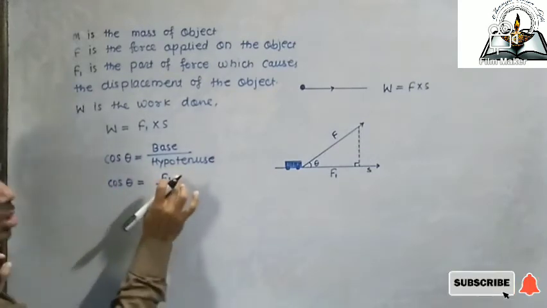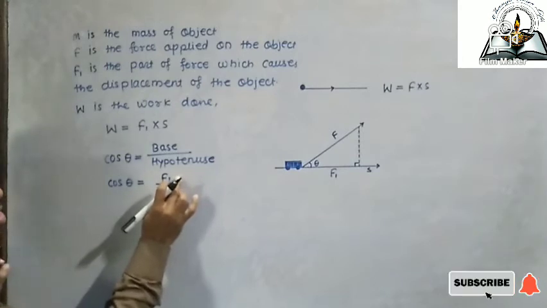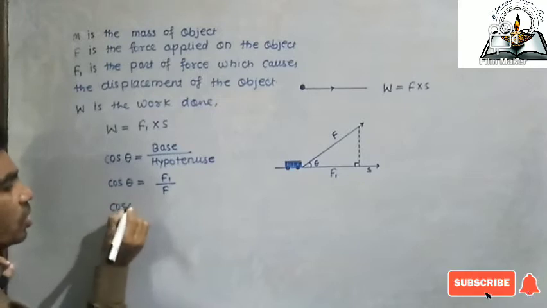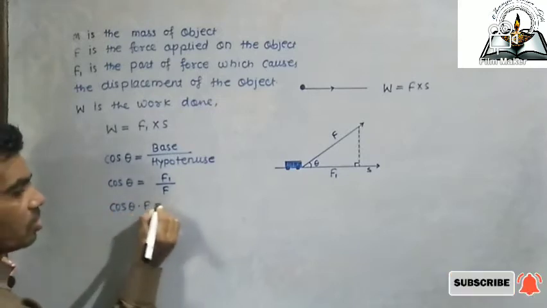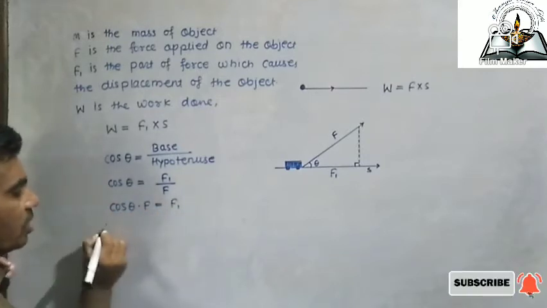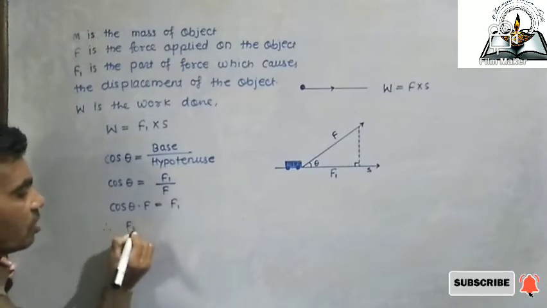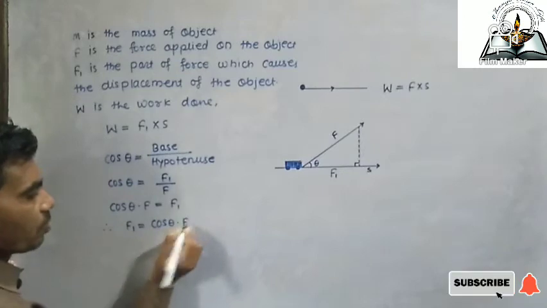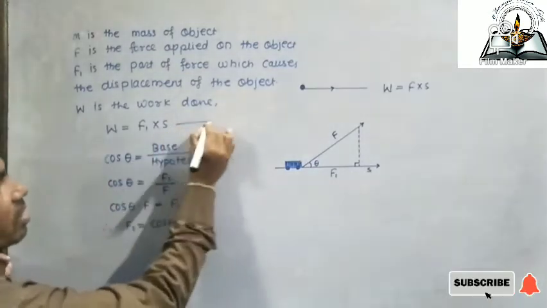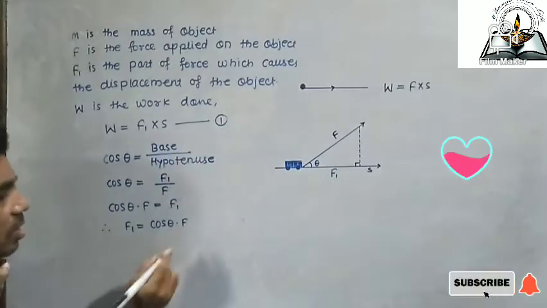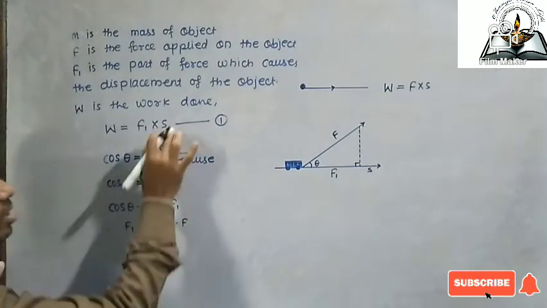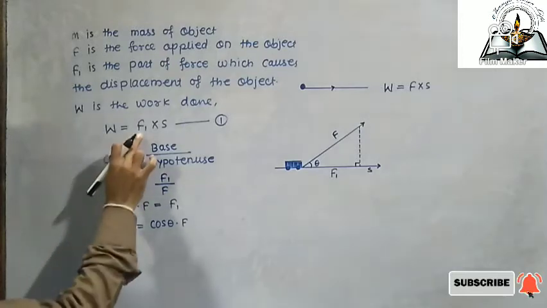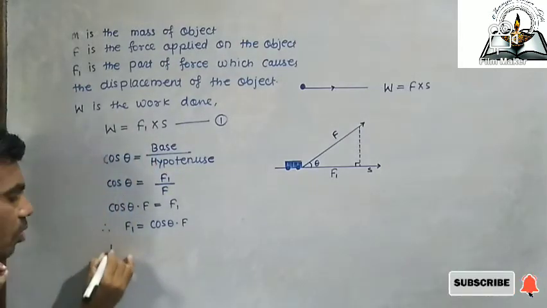So now we need the value of F1. If we find the value of F1, what will we get? Cos theta into F is equal to F1. It means that F1 is equal to cos theta into F. So if we consider that as equation number 1, then put the value of F1 in equation 1, then we get